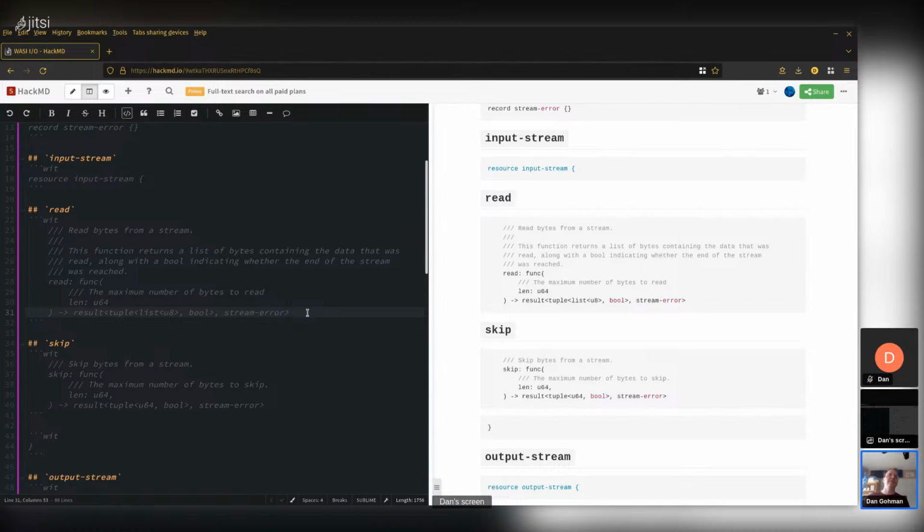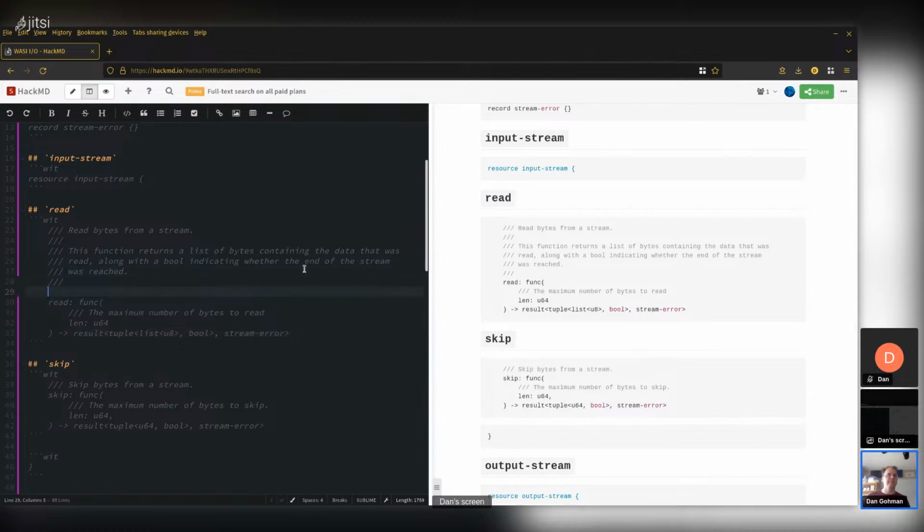And so U64 gives you a single API. We don't have to worry about the API being different for different configurations of WASM32, WASM64, WASM GC, or other kinds of WASM. There's just one API that works the same way. And if you try to read more than can fit in your address space, then probably what will happen is you'll just get a short read. That's worth mentioning in the documentation here. I want to talk about it.